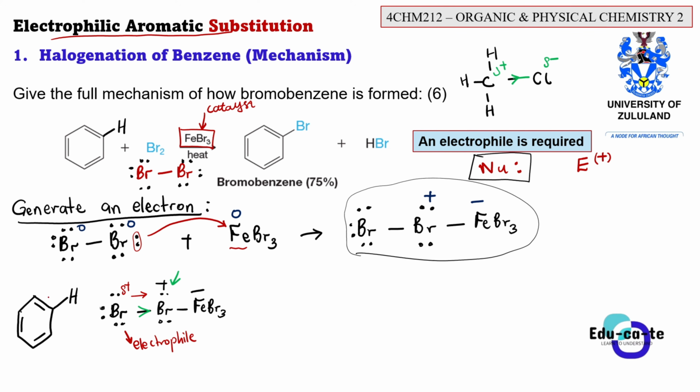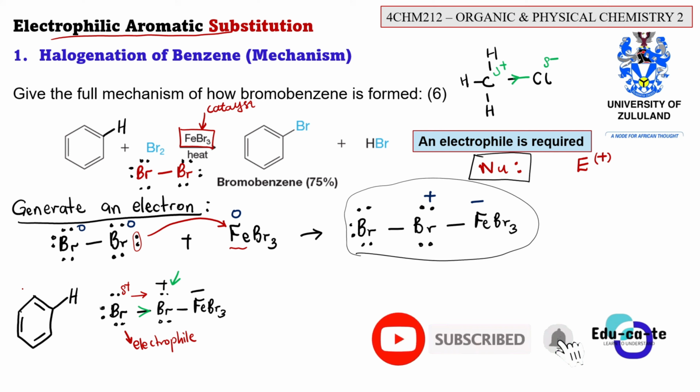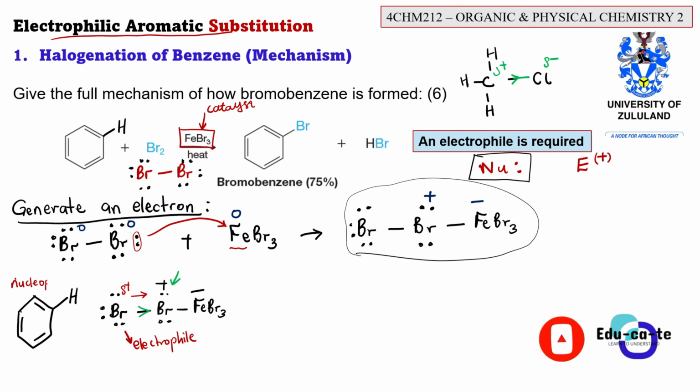So now this benzene ring comes and says that it has got a lone pair of electrons. This benzene ring is our nucleophile. It comes and sees the struggle. This nucleophile comes and sees that this bromine's electrons are being taken away, right? This bromine, its electrons are being pulled away. So it will offer to give its own electrons. So this is now the nucleophilic substitution that is happening. You can see that it will offer to give its own electrons.